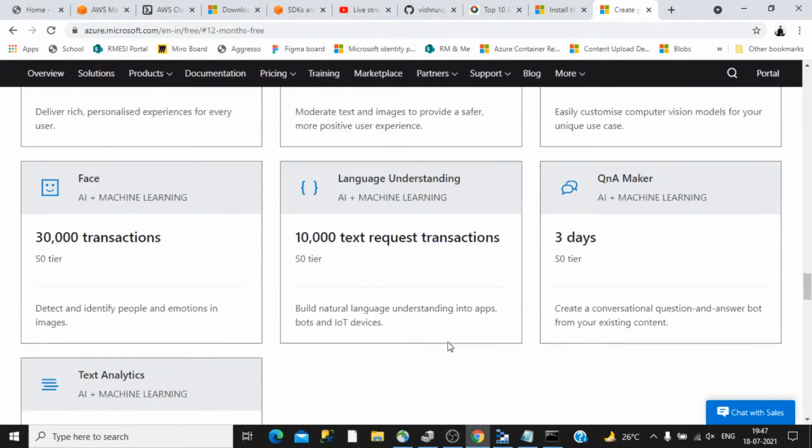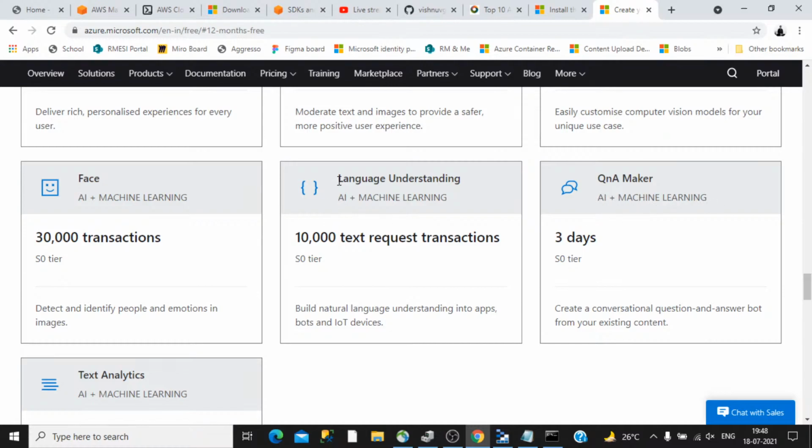So for example, okay, this Q&A maker. This is a kind of service by which you can easily make an FAQ page. So mostly web services have an FAQ page, and if you want to create such a page, you can easily create it using a Q&A maker. It also provides some AI as well as machine learning features inbuilt with the Q&A maker, so that it provides a bit more advanced kind of search, not just searching a particular keyword and it returns the thing. It automatically understands a bit more than that using this AI and machine learning.